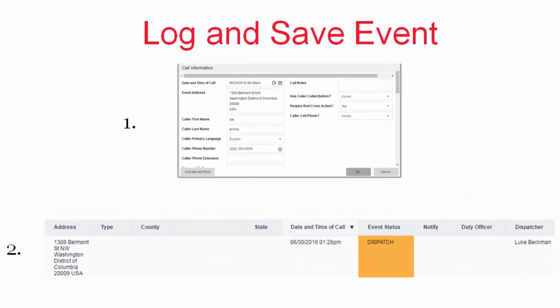Remember that in RC View, everything is a record until told otherwise. A record can become a call if require Red Cross action equals no. A record will become an event if require Red Cross action equals yes. So if Red Cross action is required, that's going to be an event. We're going to need to dispatch it. So if that's yes, we click OK,